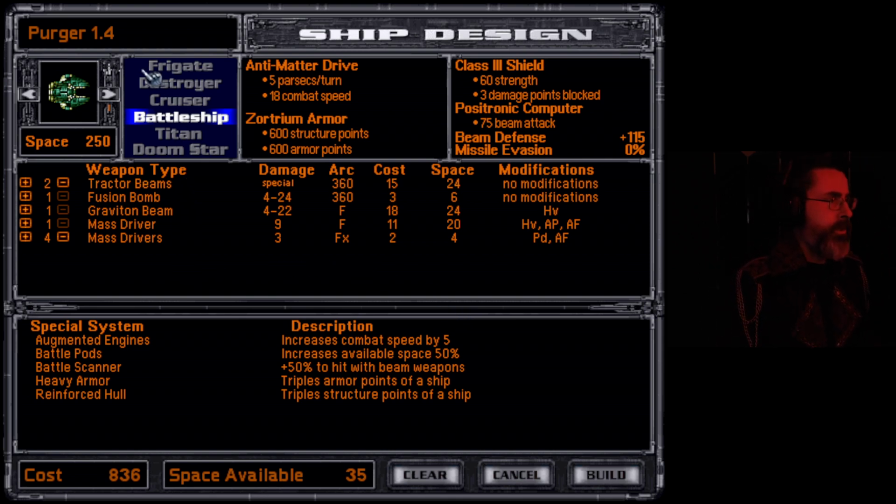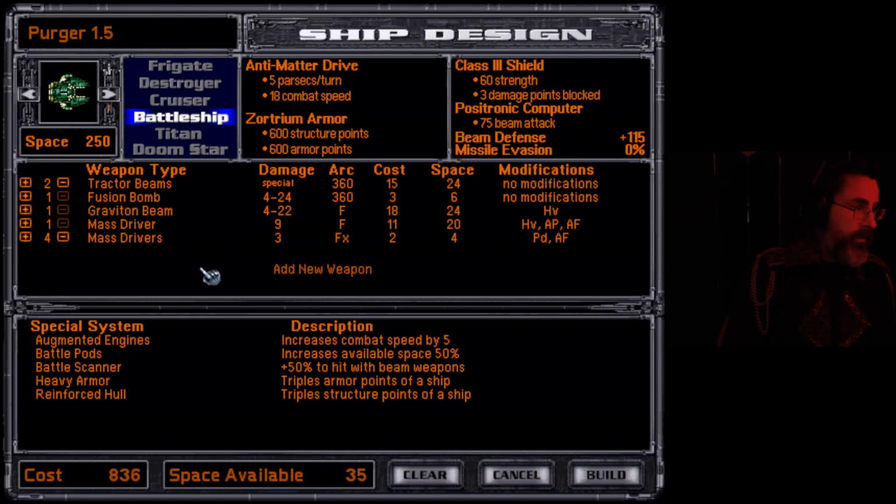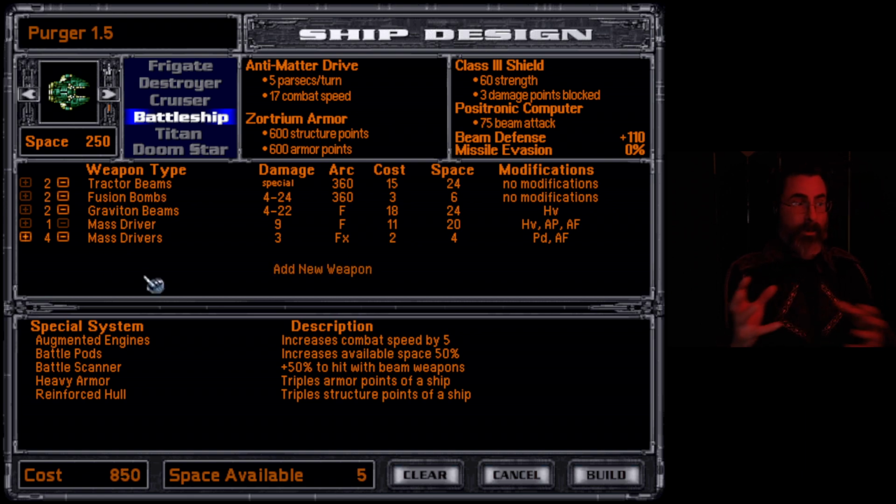And I think because we're going to do that, we are going to rename this to Purge 1.5 because it's a pretty significant change. Two tractor beams, the mass drivers, the graviton beam. Yeah, so let's see. We're going to punch through with the graviton beam. Let's get a second fusion bomb. Just in case, because we don't have missiles anymore, we want to be able to...